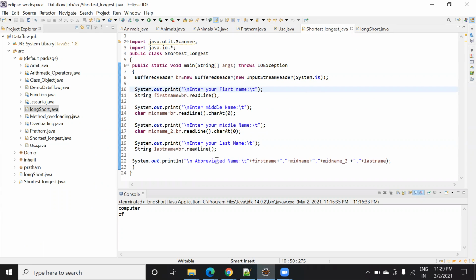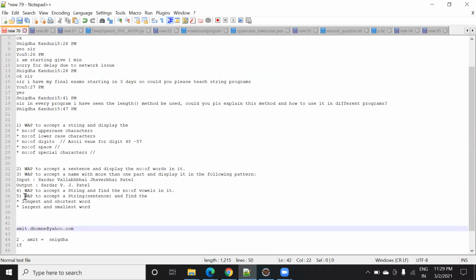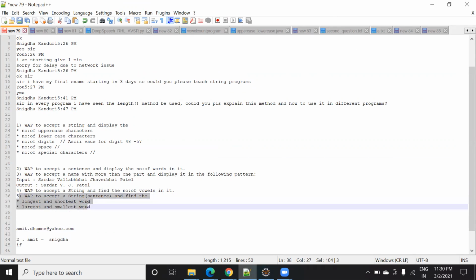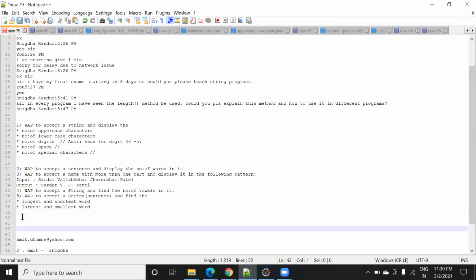So let me start explaining. I'm taking my first program, which is to find the largest and the shortest word. Here a given string was available to you. For example, here, as you can see, this is one sentence, so it is a kind of string.